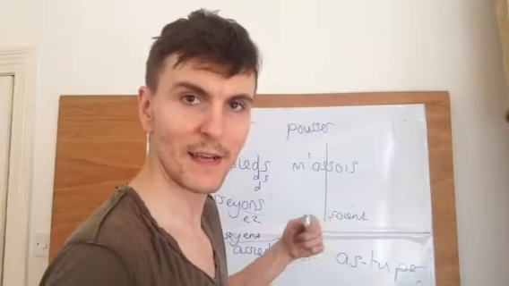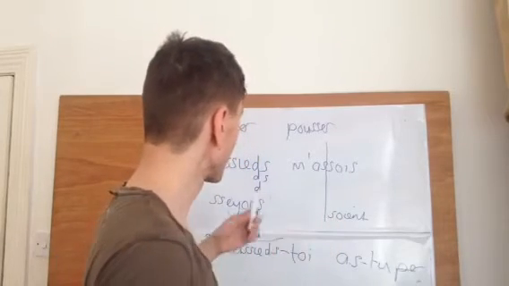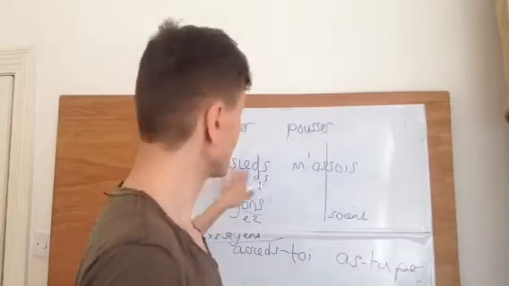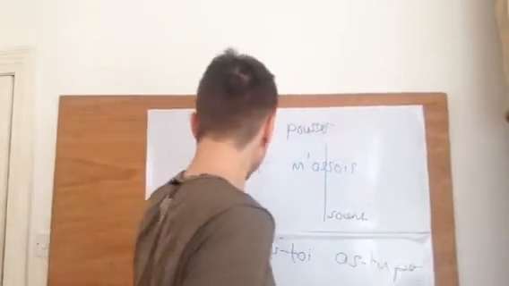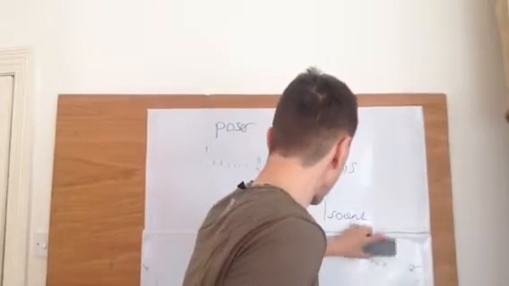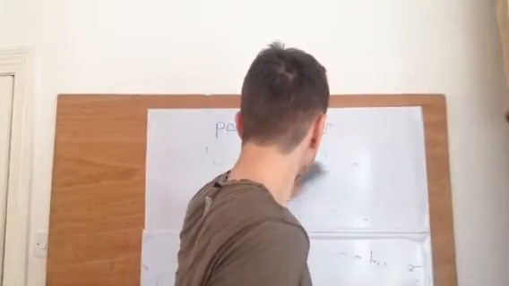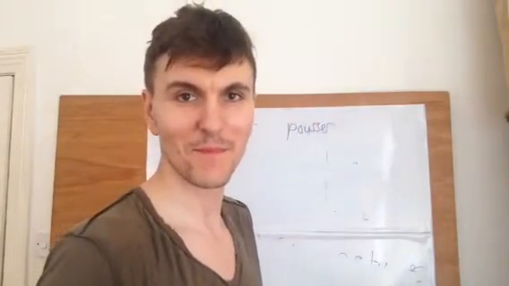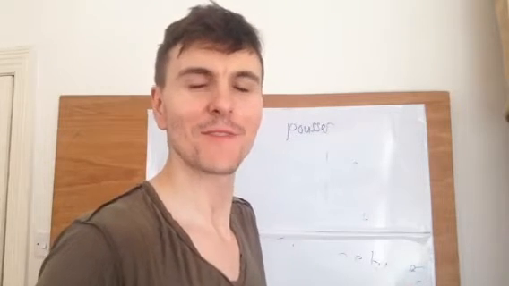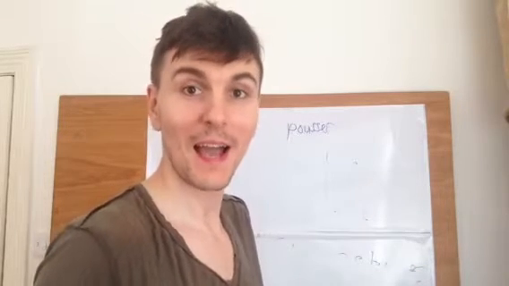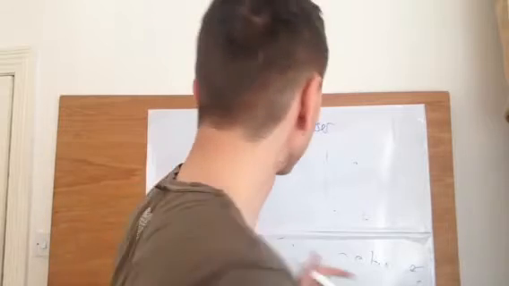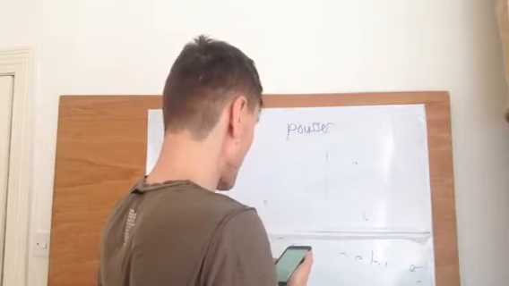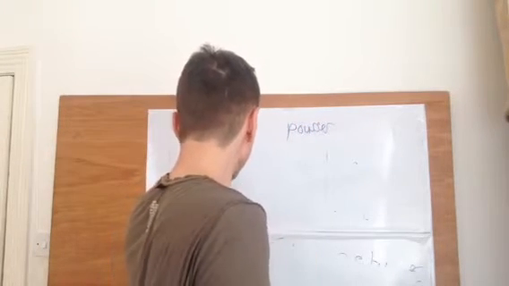Assieds, asseyons, asseyez, assey. Okay, now, but with the reflexive. Now what we're going to look at, it's such a long verb. Given that we have such an odd infinitive, how do we find the imperfect? Okay, how do we find the imperfect? So if the verb that we're writing down is s'asseoir,